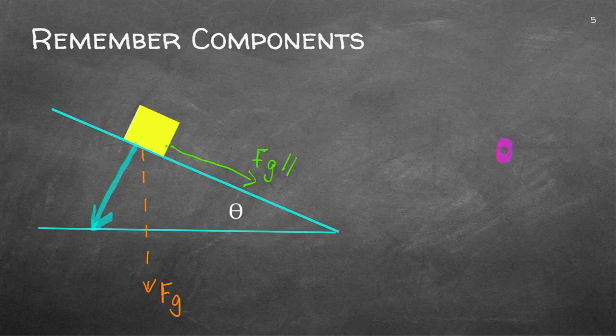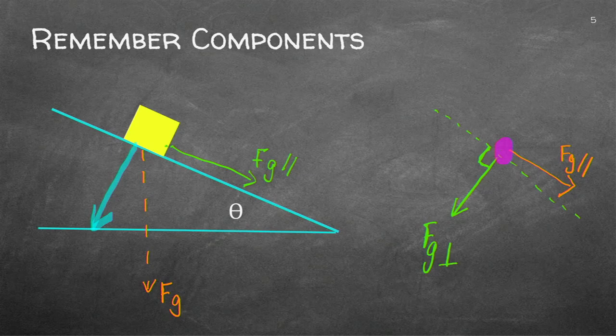This is the object. Remember, it's always a dot. On the dot, I now indicate the different components. So I've got that component there, which is the, remember, parallel. Then I've got this component here, which is the perpendicular. Remember, the slope was there. So that angle there is 90 degrees. So that is the perpendicular.